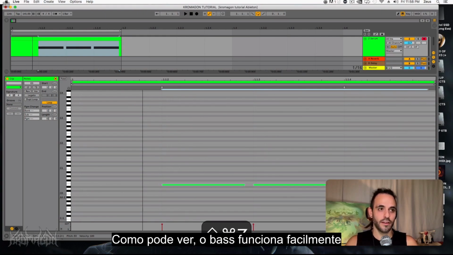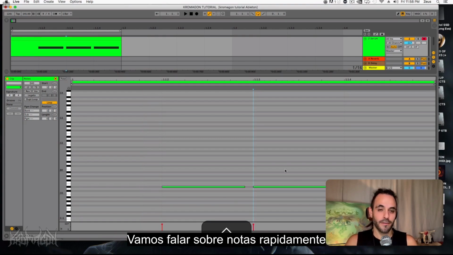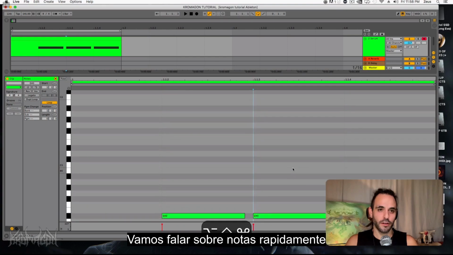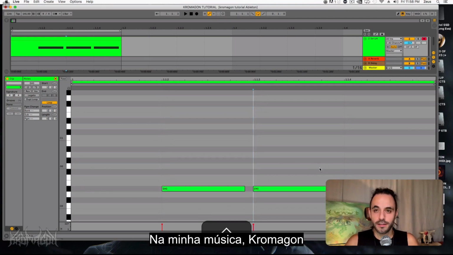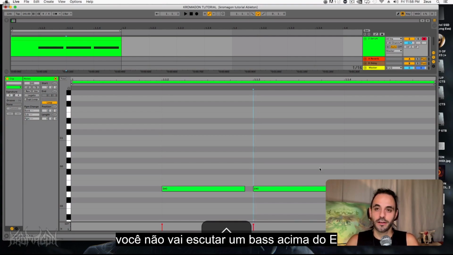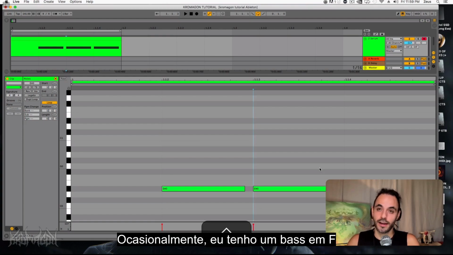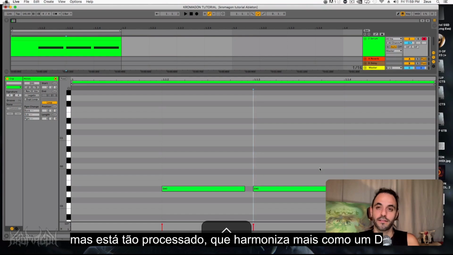So as you can see, the bass just works, pretty easily. Let's talk about notes really quick while we're here. In Chromagon, in my music, you won't hear me make a bass in anything really above E. Occasionally I have a bass in F, but it's processed so much that it kind of just harmonizes more with